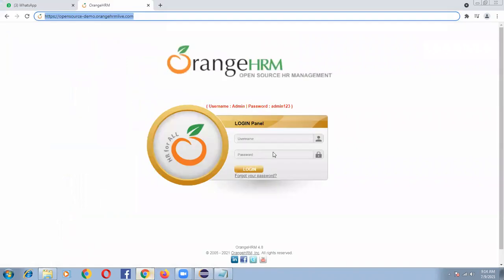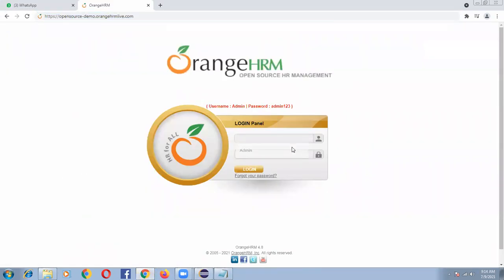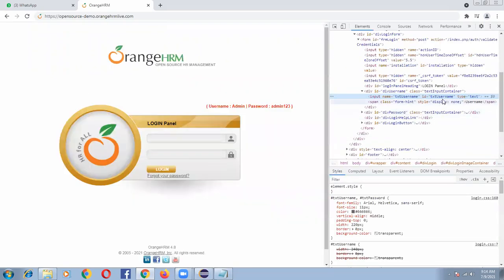After that, I need to write my set of driver instructions. So I'm taking the ID.